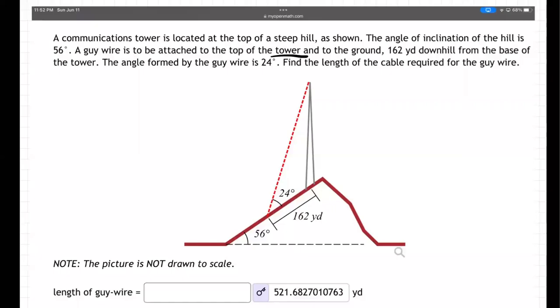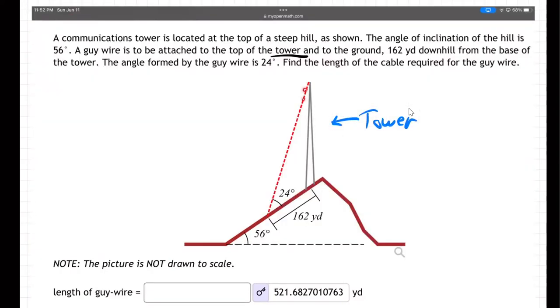Okay, on this problem, you can read all these words, but basically they have this tower. Here's this tower right here. I think it's this tower that's on the side of a mountain, right? So we have this mountain right here. This tower is on the side of the mountain, and they